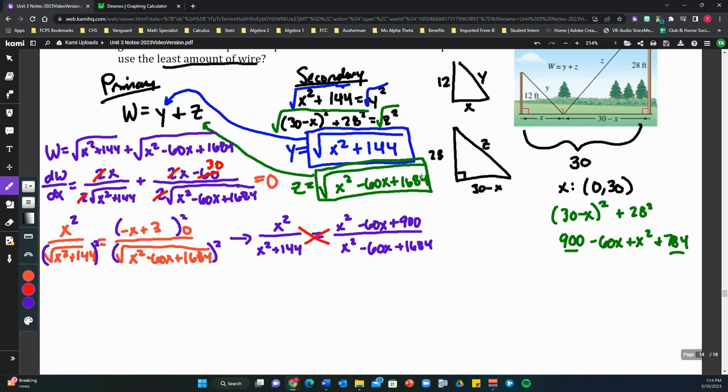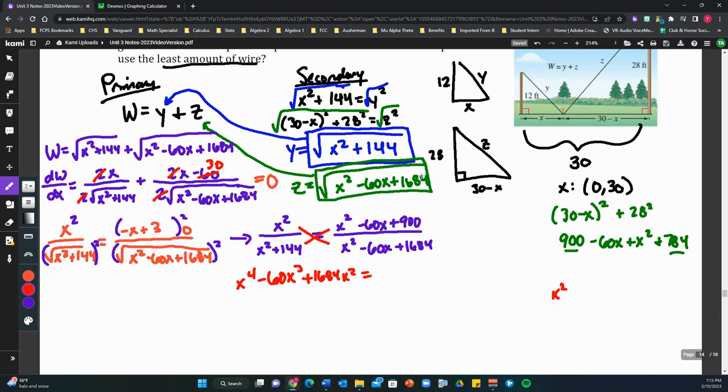So when we draw these lines to cross multiply, by multiplying both sides by x squared plus 144, it cancels here on the left side, so it's gone, but then you're left multiplying this top by that factor on the other side. So that's really all we're saying here. When we draw those cross multiplying lines, you're doing a bunch of multiplication. Some things cancel out on some sides, other sides don't, so we're actually left multiplying those. So when I do that, my result, x squared times this guy, when I distribute, I would get x to the fourth minus 60x cubed plus 1684x squared equals,